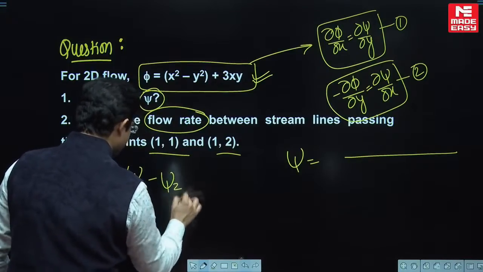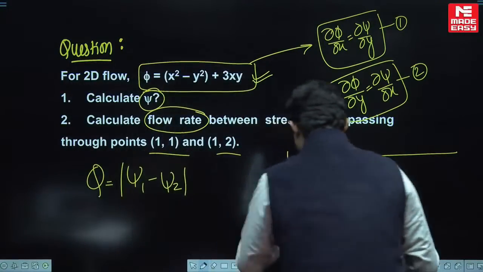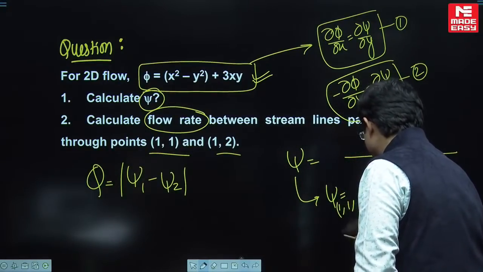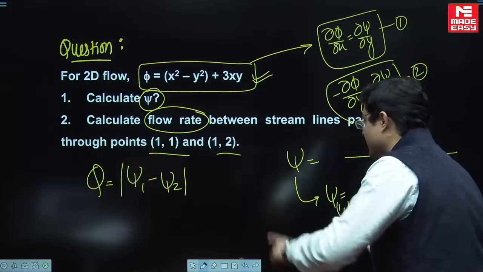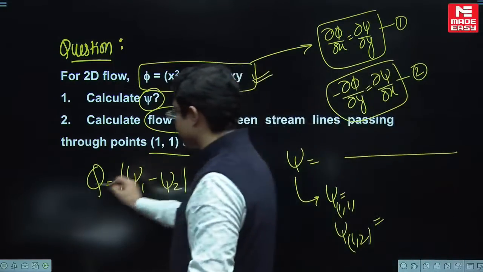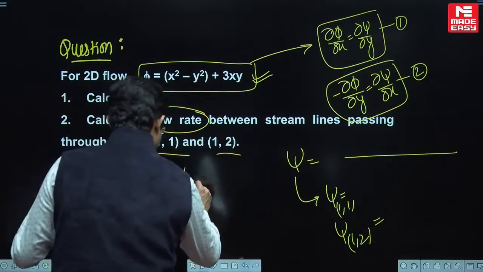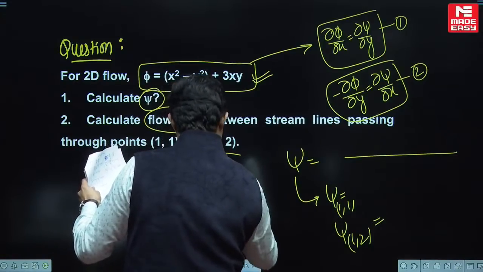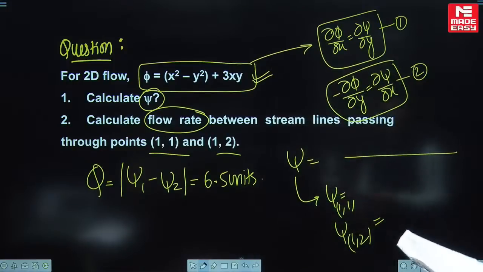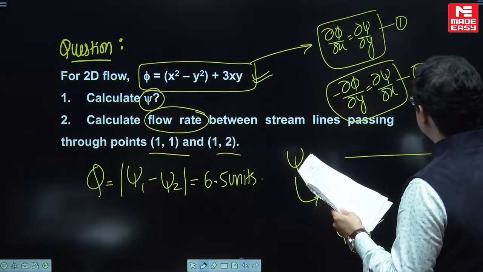psi का वैल्यू निकल जाएगा, जो भी psi का वैल्यू निकलेगा उसमें x की वैल्यू 1, y की वैल्यू 1 पुट करना, और फिर 1 और 2 पुट करना, ठीक है। यू विल गेट psi दिस एंड दिस, सब्सट्रैक्ट कीजिएगा, आपका डिस्चार्ज आ जाएगा। मैं आपको आंसर बता देता हूं, this will come out to be 6.5 units। again very very good question यार, बहुत उम्दा क्वेश्चन है।